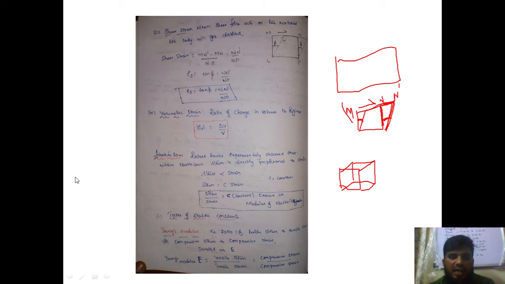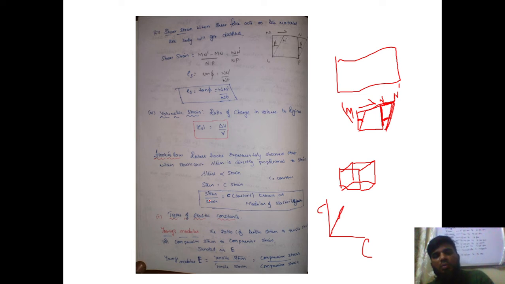So I can draw the diagram like this. Even we have studied this in metallurgy and material sciences. So if this is your stress and this is your strain, he observed that they are directly proportional to a certain extent within the elastic limit. This is my stress, this is my strain. So they have given a relationship, stress is directly proportional to the strain. To remove this proportionality, he used a constant, that is stress is equal to C strain. Now what is the C? It is nothing but the ratio of stress upon strain, and he named this as elastic constants or modulus of elasticity.